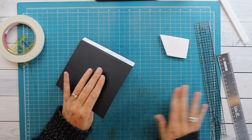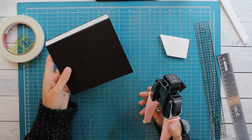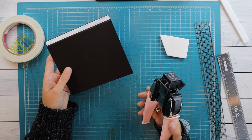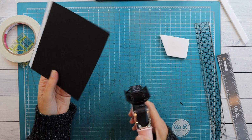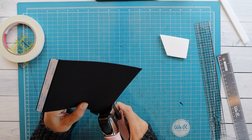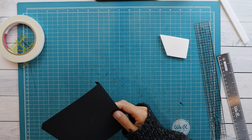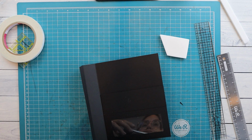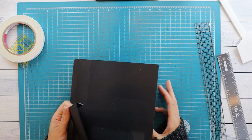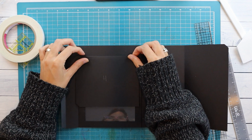There we go. And I'm going to use my angle punch. Am I going to do both sides? I'm going to start with one side, the left bottom corner. I can always do the other one as well. Let's see how this looks. So our flap is gonna go along the top